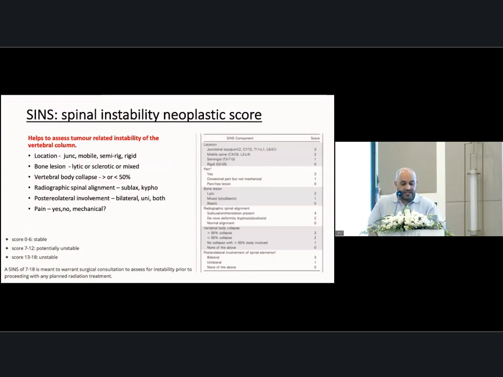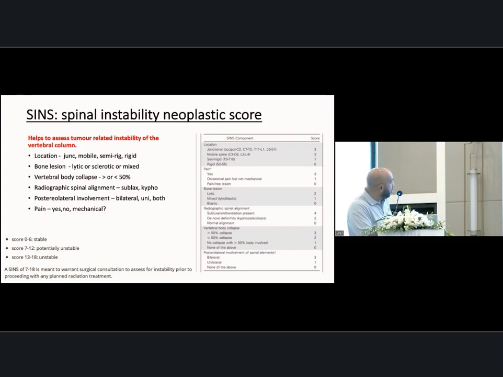So what they look at is factors like location. Is the tumor junctional? Pain, is there pain or not? Is it a lytic lesion or a blastic lesion? Is there any sort of subluxation, or is the alignment normal, et cetera, et cetera? So there's many factors. I'm going to show you what the important part is, and again, I apologize